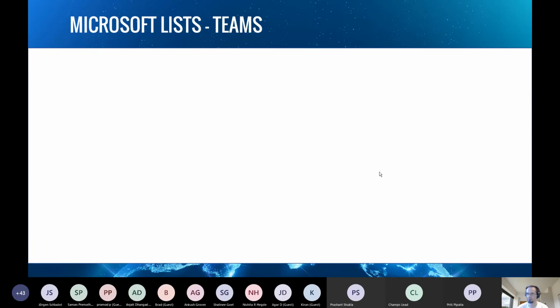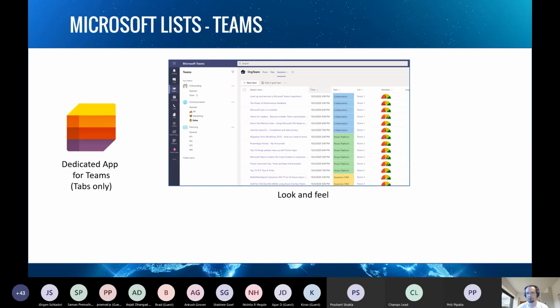Okay, some time left. So we have a dedicated app for Teams, and what's important, it works only for tabs. There's no personal application for Teams. There's only one for tabs. And it has the same look and feel as Microsoft Lists and SharePoint Online.